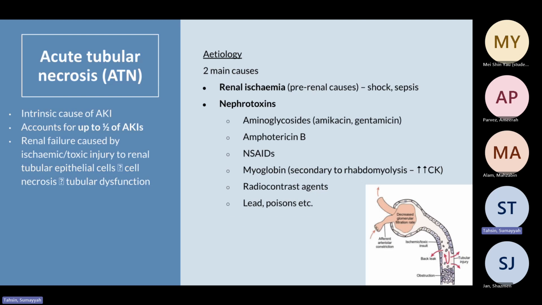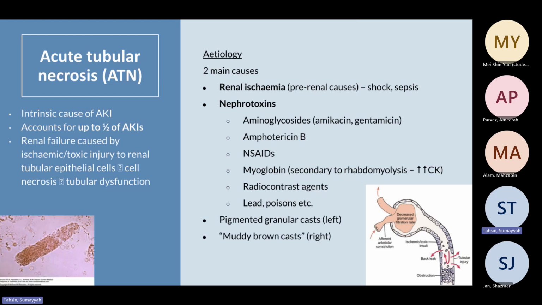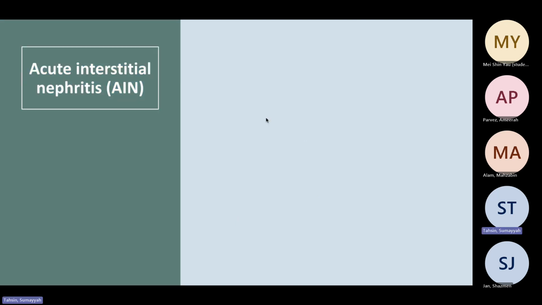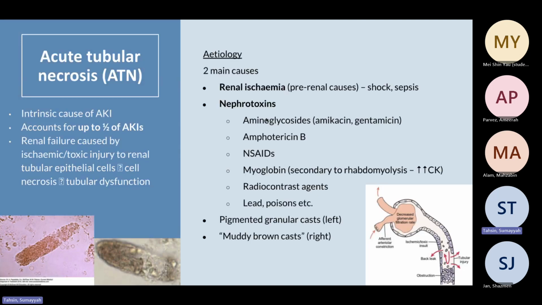Now, the pathognomonic thing that you will see with ATN in exam questions is something called muddy brown casts, which is what we see in urinalysis. So if ever you see a question referring to muddy brown casts in urinalysis, you can be pretty sure that the patient has ATN. Now, in terms of the management of ATN, it's supportive. So we want to give them IV fluids, stop any nephrotoxic medications, and then treat any complication